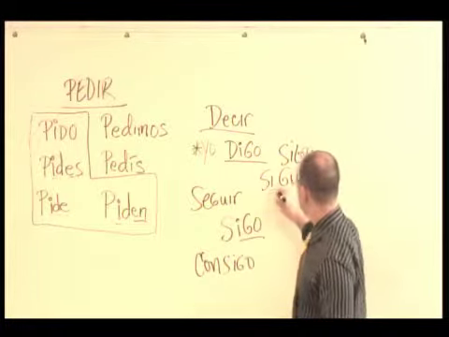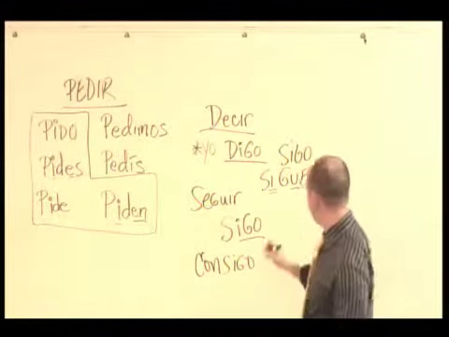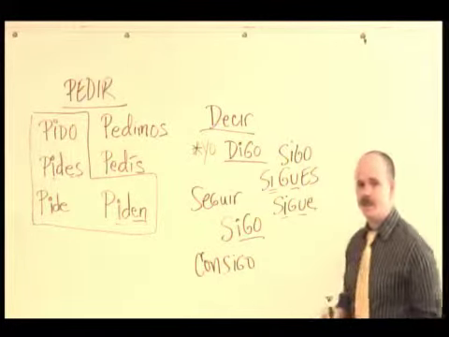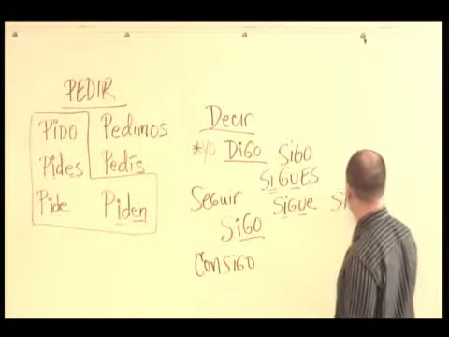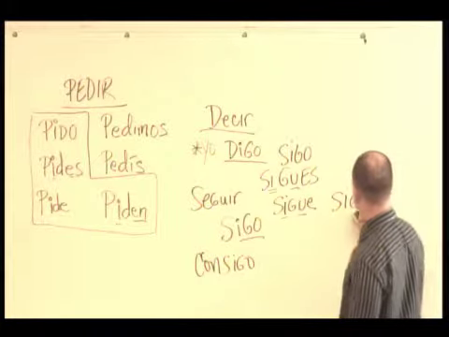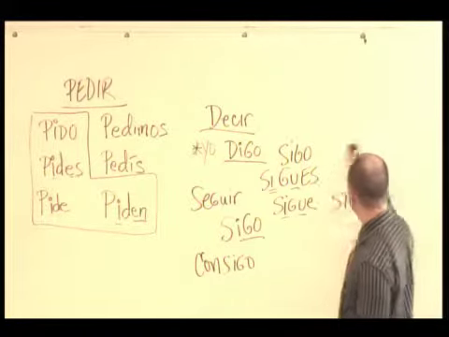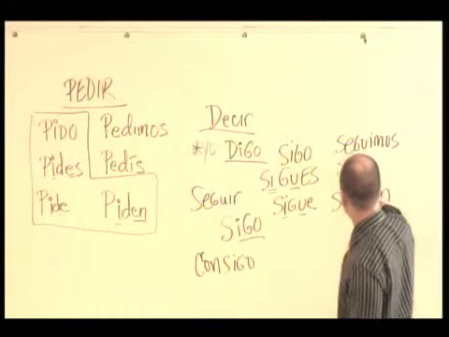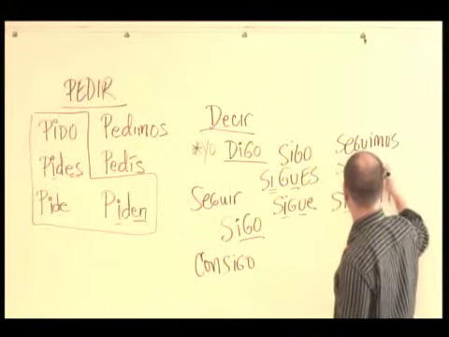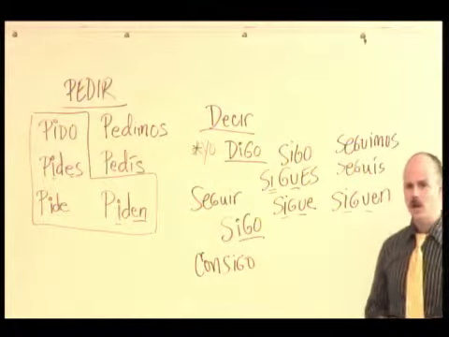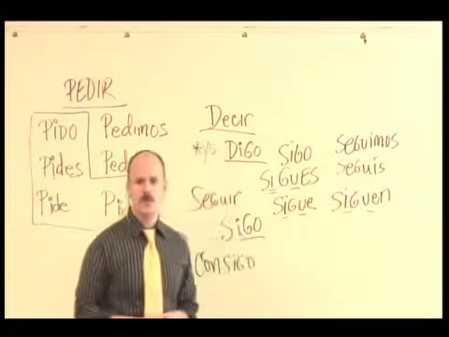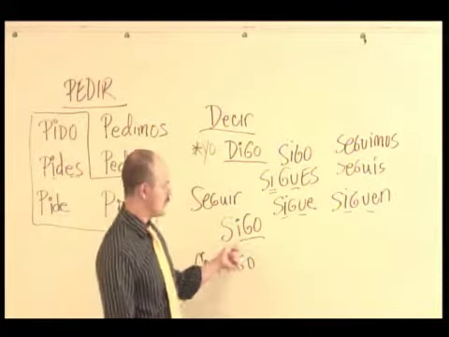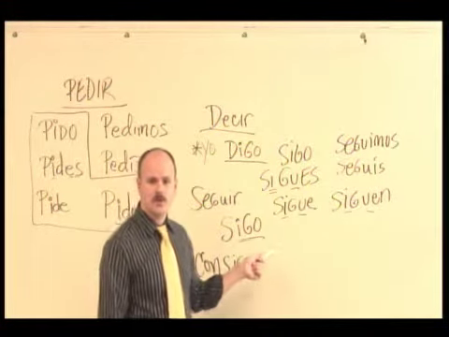sigues. Okay, we have that stem change and we still have this u. Sigue. Again, we have the stem change and we still have the u here. Siguen. Stem change, we still have the u. And seguimos, no stem change. And seguís, no stem change. And so the only thing you have to look out for on seguir and conseguir is that the u gets lost in the yo form.